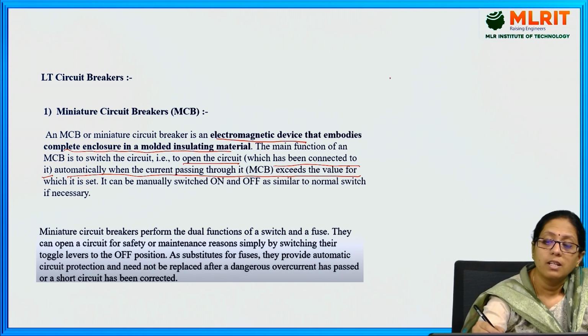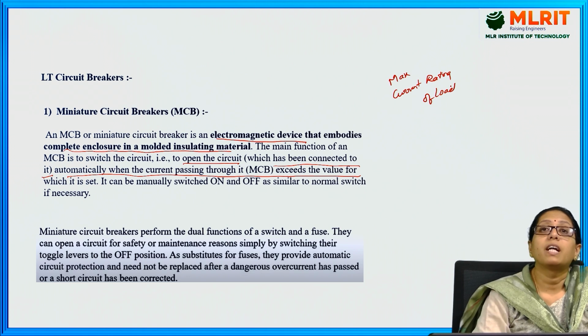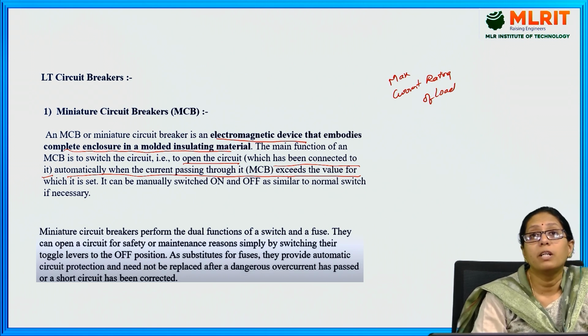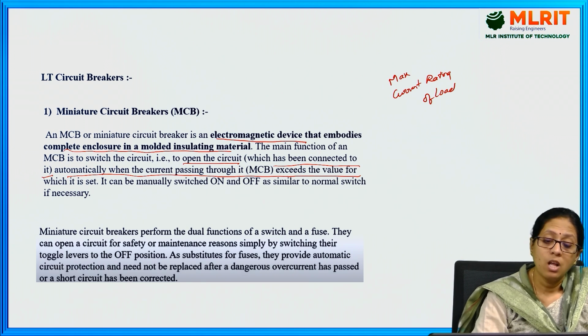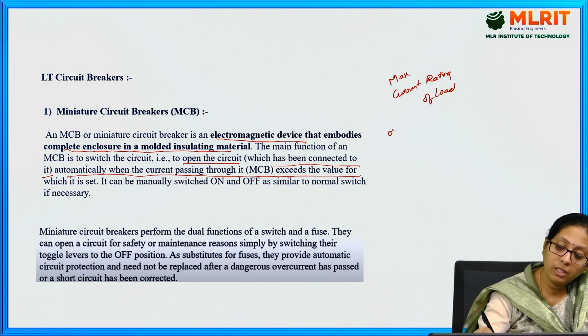That means the maximum current rating of the load. If the current increases beyond the maximum rating capacity of a particular load, the MCB will operate and it will be in the off state. It will open the circuit